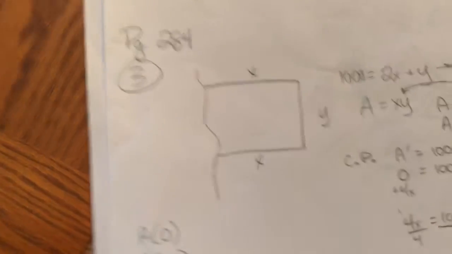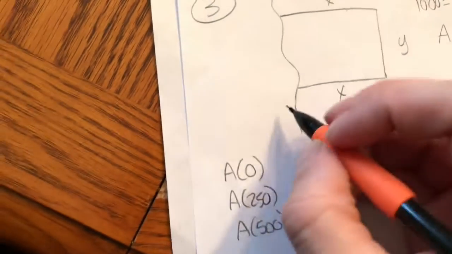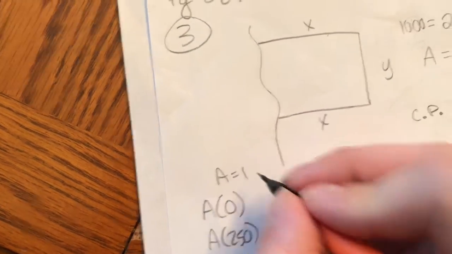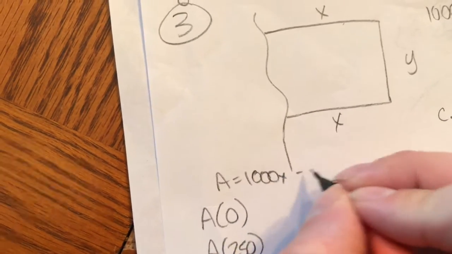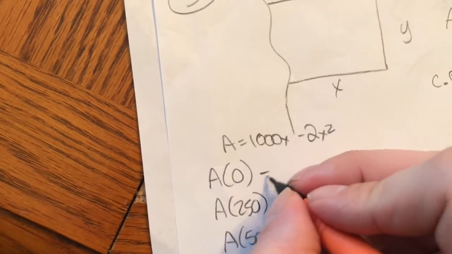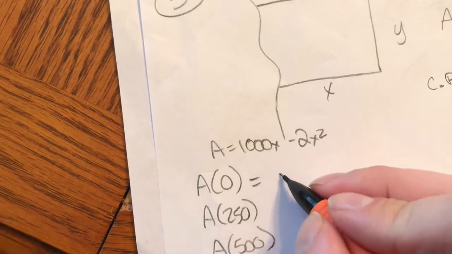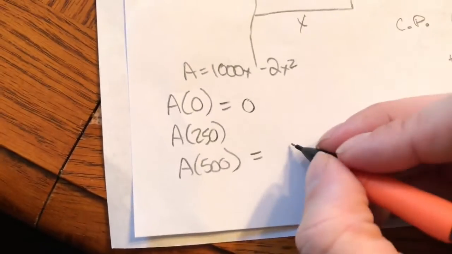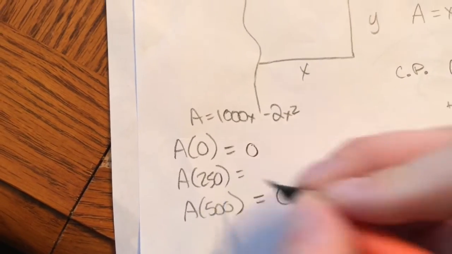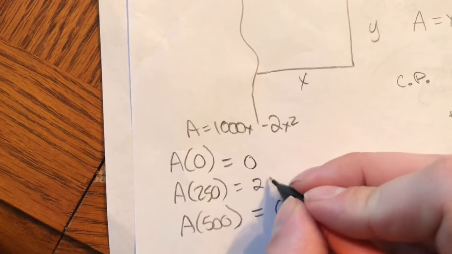My original equation, once I had it written down, was 1,000x minus 2x squared. So let me quickly write that down. My original is 1,000x minus 2x squared. If I plug in 0, let's save a lot of time, I'll get 0 minus 0, so if I plug in 0, I get 0. Likewise, if I plug in 500, I'm also going to get 0. If I plug in 250, that becomes